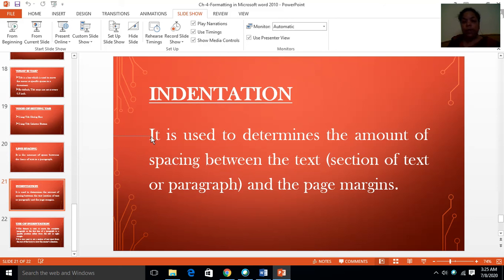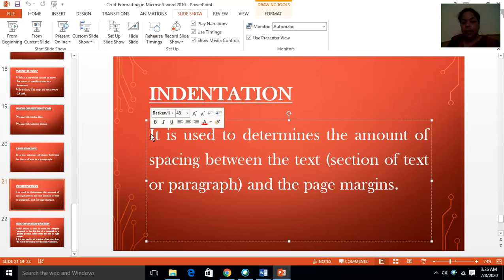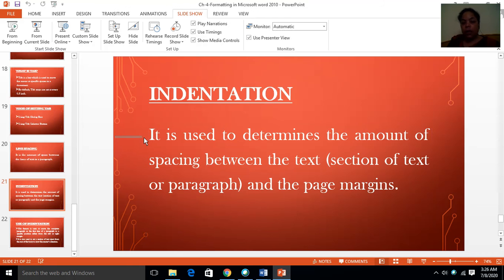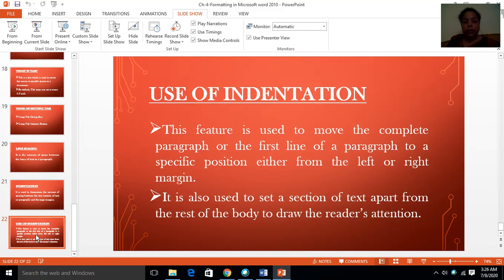Whatever space we are leaving, it is the starting of the page, and this is the place where the text is starting. So this space is called indentation, and we can set this indentation. And what is the use of this indentation?